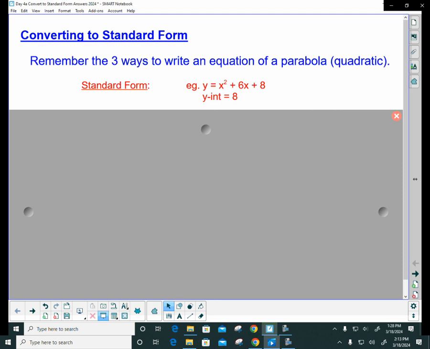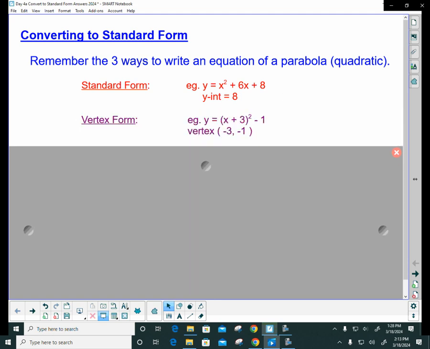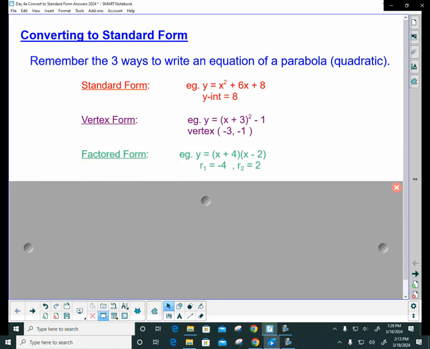And it's really helpful and easy to find the y-intercept. But for other stuff, it's not so helpful. Vertex form is another one, which obviously is very helpful to find the vertex. In this case, the vertex is -3 and -1. And then we've been working recently on factored form, where they give you the factors and you can figure out